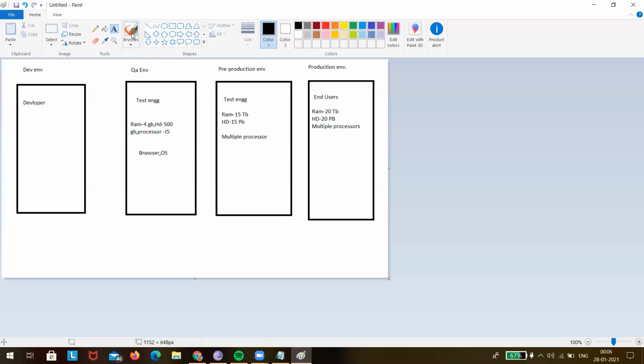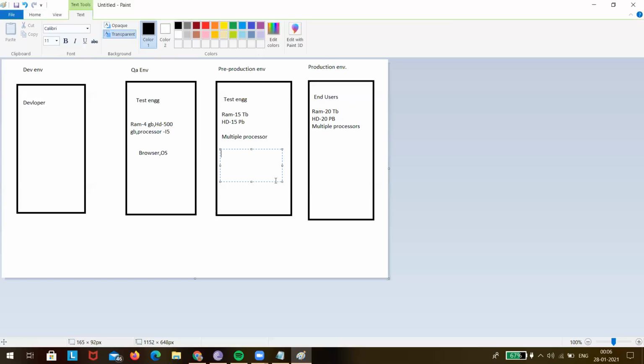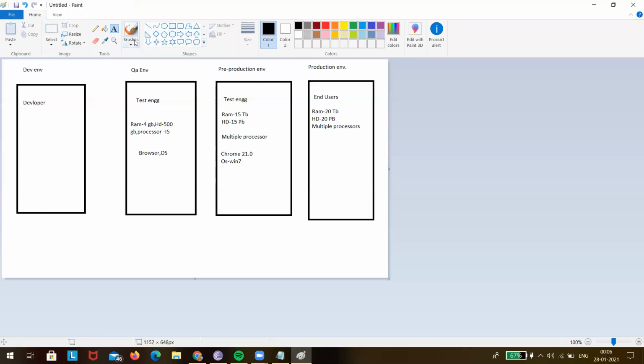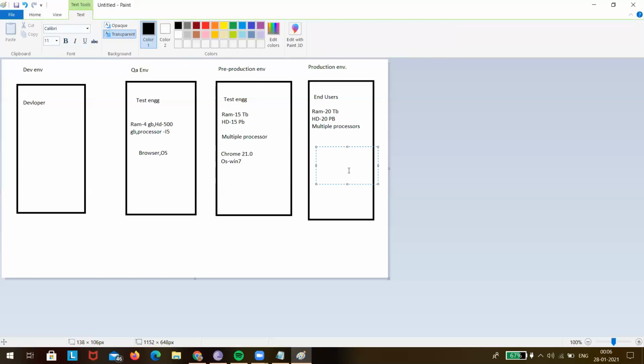Which browser can we use? We can use a particular browser. Suppose the browser is Chrome, some version like 21.0, and the OS is, suppose, Windows 7. For production, we have to test for Chrome browser 21.0 and also for OS Windows 7.